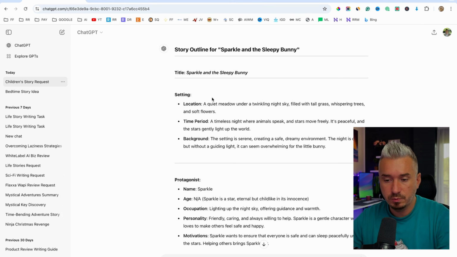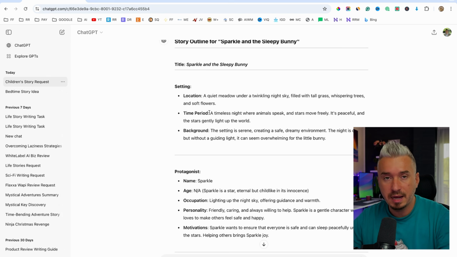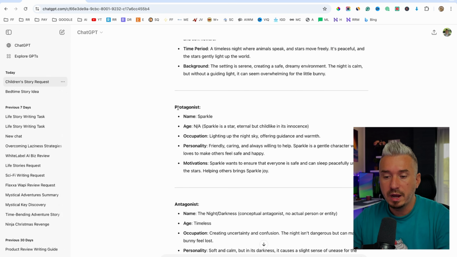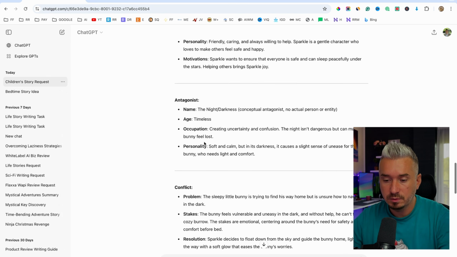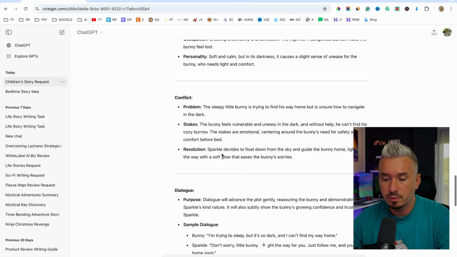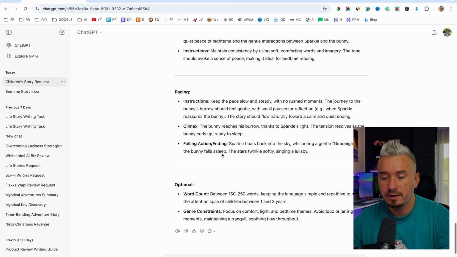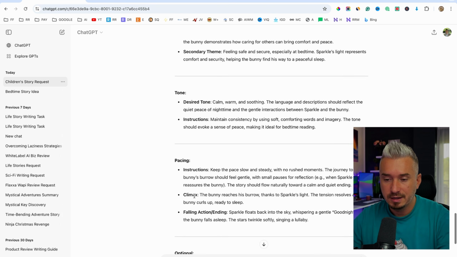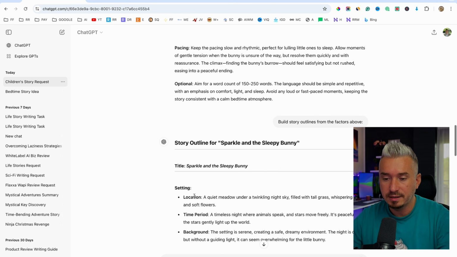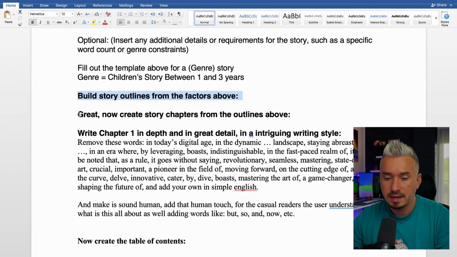So we have the title, we also have the setting, right? The location, the time period, and also the background. We have the protagonist, we have the antagonist, which is the darkness. We have the conflict, we have the dialogue, we also have the theme, the tone, the pacing, and also optional settings. So the outline is actually created, and I'm going to my prompt and I will say, great, now create